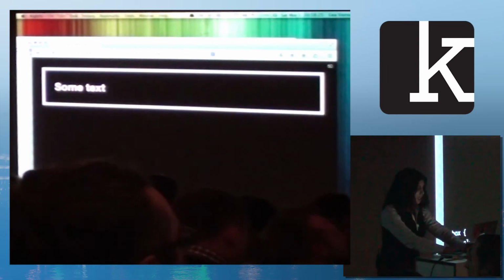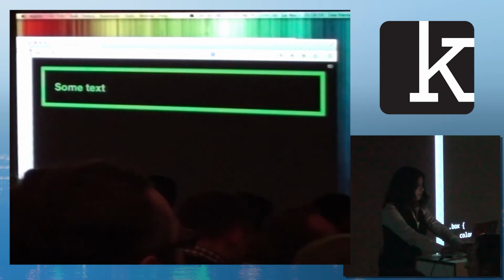What we did get that's useful is another color keyword. Have you ever noticed that when you use a border without a color, it just gets the text color? I can change the text color and it just adapts. And box-shadow has the same property. If I use a box-shadow without a color, it just gets the text color. Text-shadow is the same as well. If I use a text-shadow without a color, you can see how this got blurred because it's the same